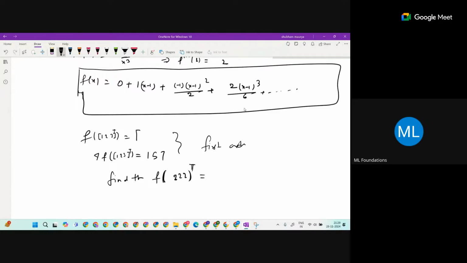What is the vector here? It's 10. No, that's not a vector, that's a value. This f value of 10 is going to be a scalar, and this is the vector (1,5,7) transpose. And what is going to be this one? They said find the value of f of (2,2,2) using the first order Taylor expansion. That is the question. And the answer given is 4, but the working portion is doubtful, sir.